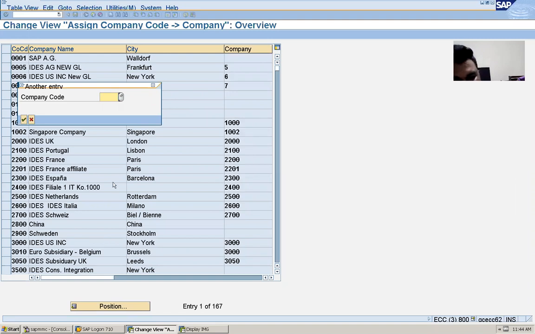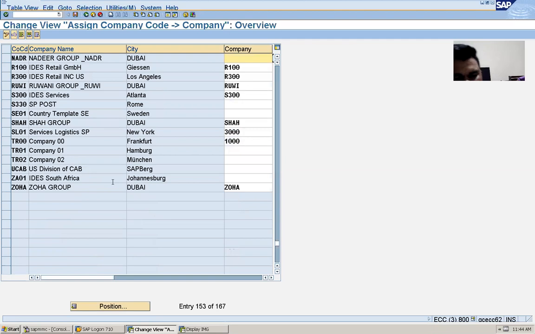Then you write company code is equal to NADR. Press enter or tick mark. It will trace this NADR.